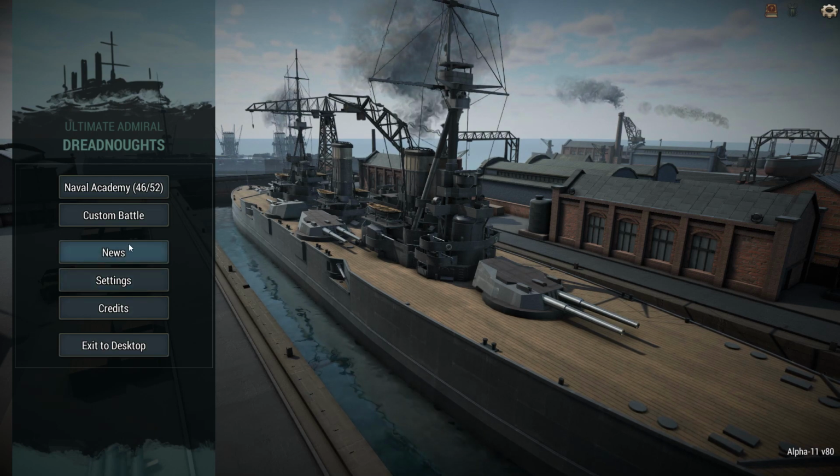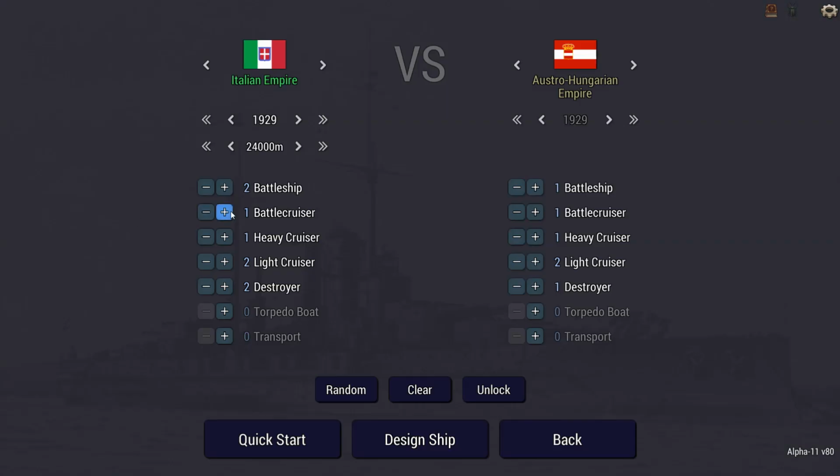So we're going to be playing in 3 teams here. I'm with History Guy Gaming. He's going to be designing the battleship, so I'm going to be focusing on the new British Battlecruiser, and I'm very excited because I haven't really tried that out yet. So yeah, there we go, 1940, it is